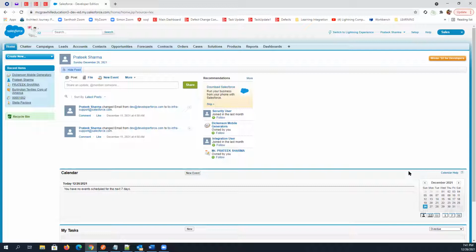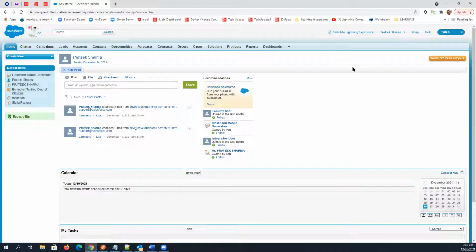License means, let's say in your organization you have 50 users who will use Salesforce, then you have to buy 50 licenses from Salesforce, right? So every license will consume one user creation. You can always check how many licenses are remaining, and how many you have used.